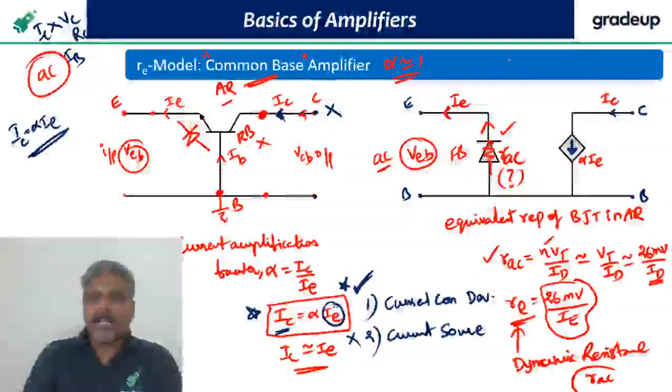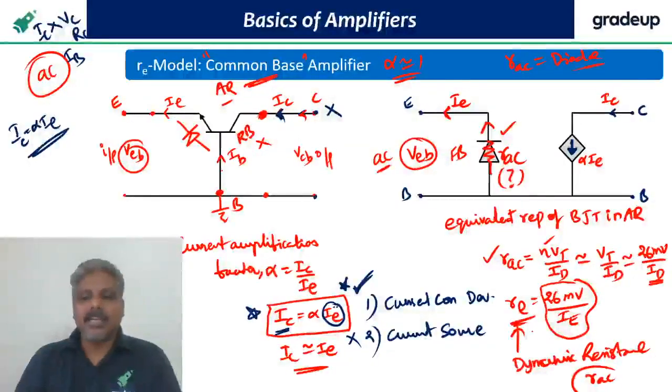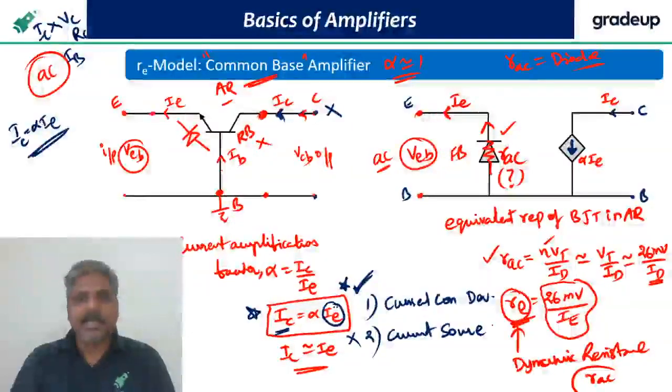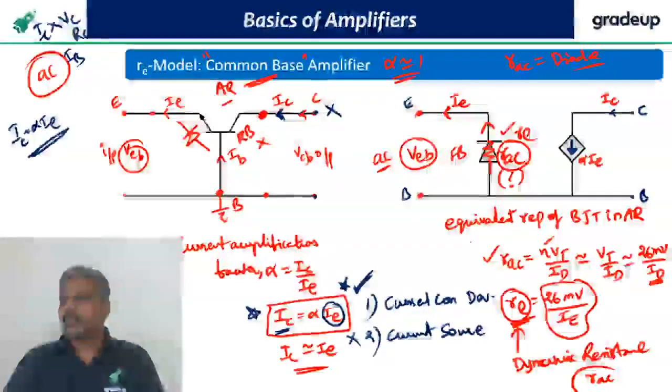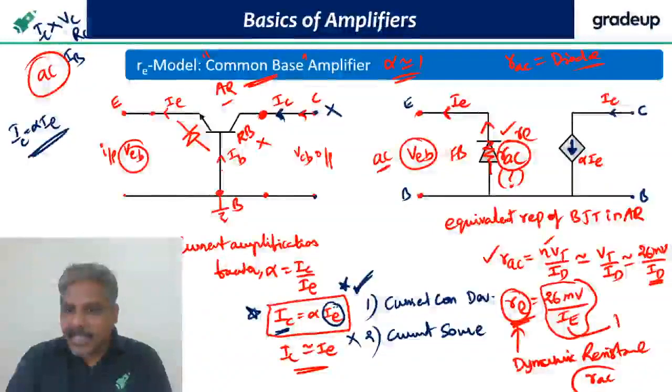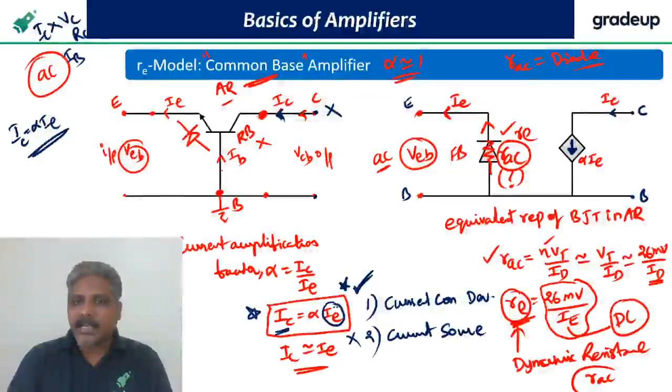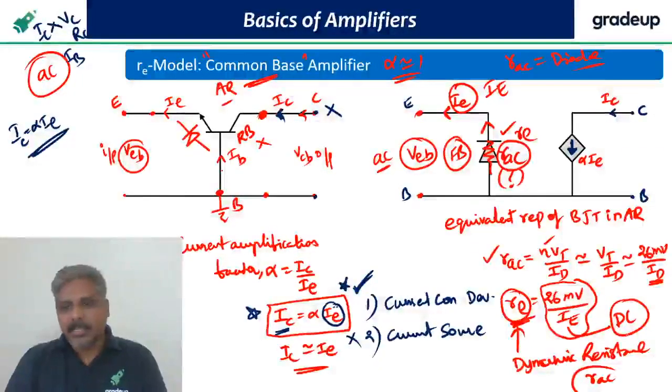Why? Because RAC is already used for a diode. So I am naming it differently as RE, which is for a BJT emitter junction. This is the emitter junction. So when I write this IE equation here, I am calling this RE. That means this RAC is nothing but RE. IE is from DC? Yes. This is the DC current, not AC current. Why? Because this diode is forward biased not because of this AC current, it is because of DC current.